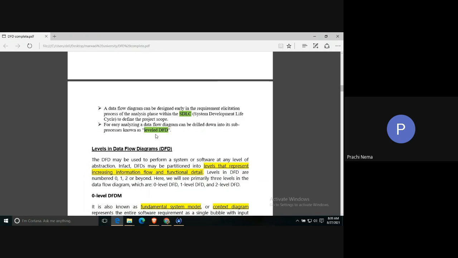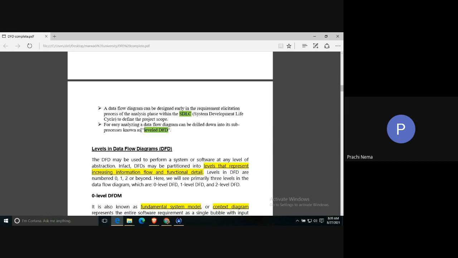Okay, and the second point is that there is a concept in DFD which is called leveled DFD. I've highlighted that. What is a leveled DFD? Like a tree has various levels, a graph has various levels. In the same way, DFD would be having various levels. The lowermost level or the lowest level will represent the least information, the minimum information required. And as you keep on moving up, that is from 0 to 1 to 2, you would be having even more detail. Okay, so that is the concept of leveling.